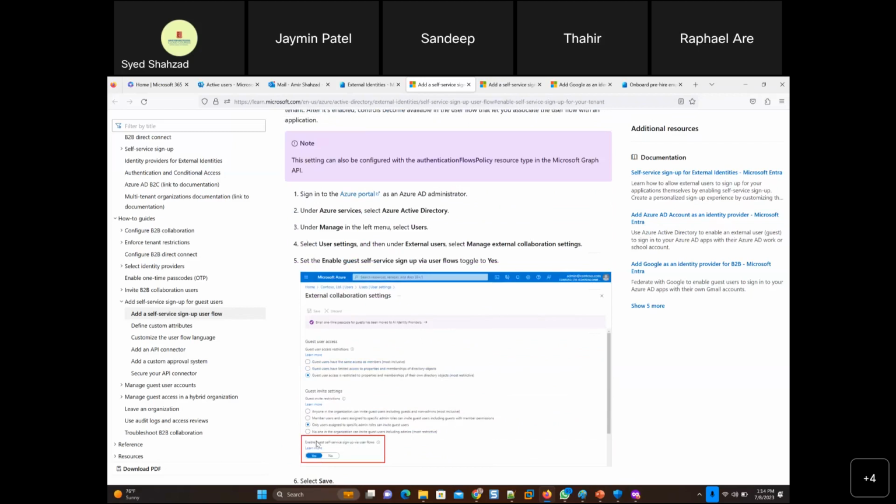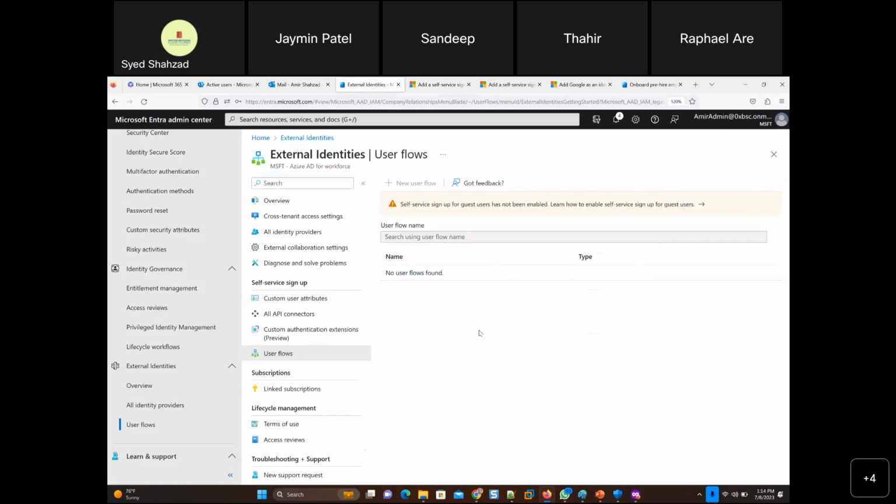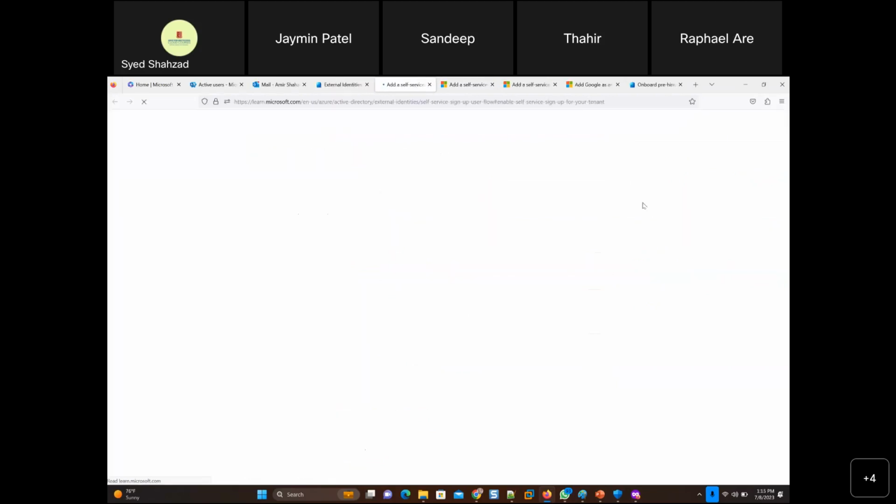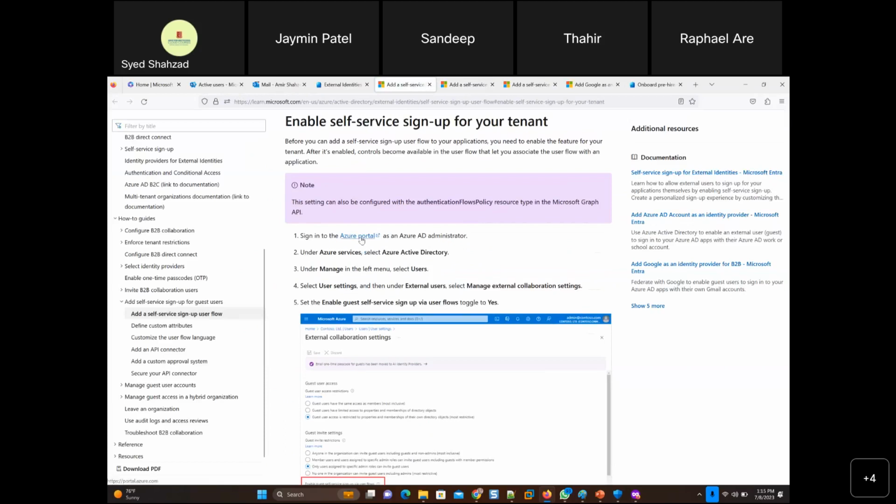But you have to enable that here, enable guest self-service sign up via user flows, and it will give you that automated form-like setting, and users can create their accounts in your application if you're offering any application like that. Otherwise, I would stay away unless obviously you have to do it. So Azure portal, go there.